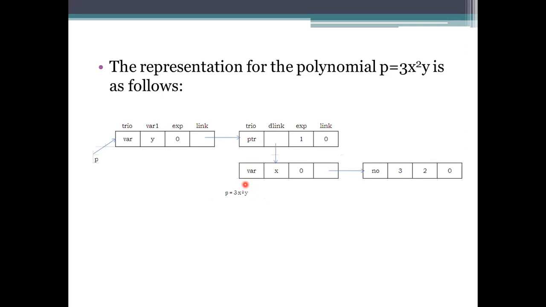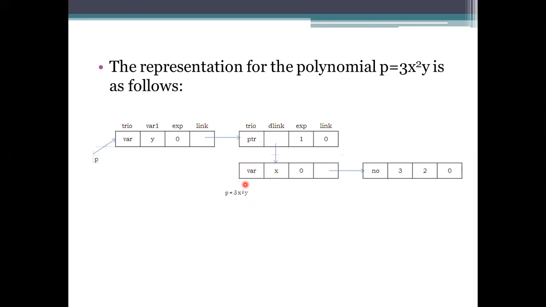So see here, this is a value, and this is the link representation for 3x square and then y. Initially we need to call the value representation here. The value it uses is 3. How many variables it uses here: it is using 3 variables.